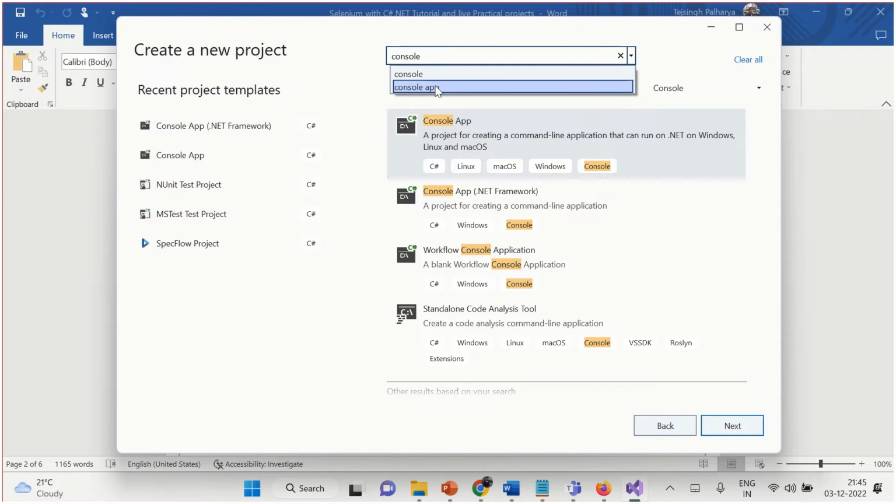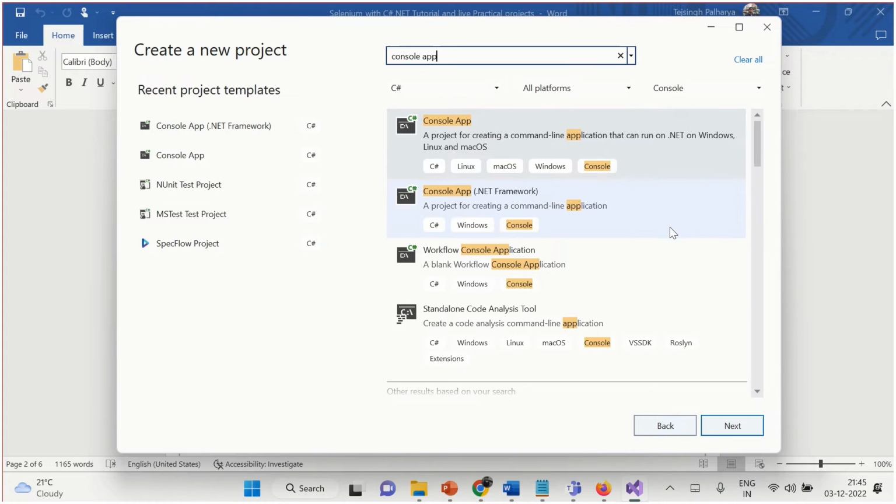We will create a test project, but right now I'm just creating a console application so that we can learn how to work on this. So we just need to create this .NET application. This will be a command line application, and once you select this, you just need to click on next,